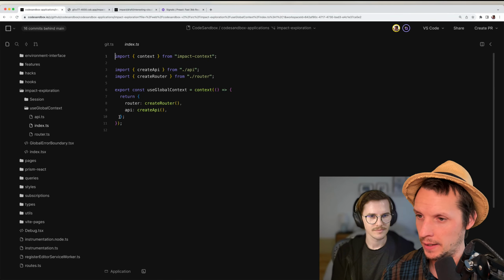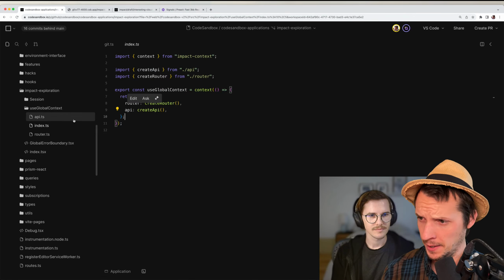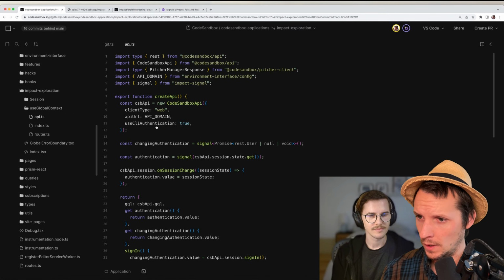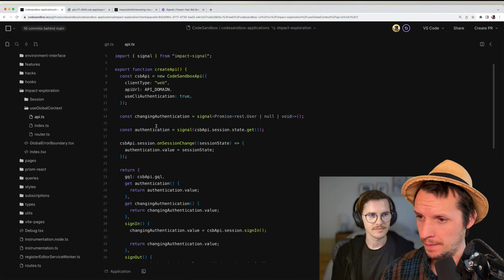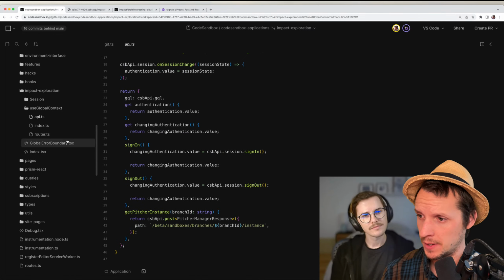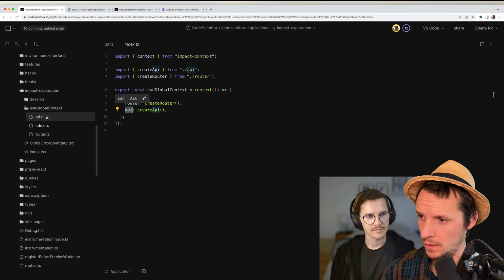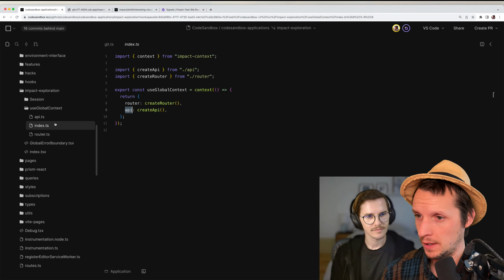So here I made it a folder, and I'm returning createRouter and createAPI, and it basically has the same code. It's just namespaced basically, which is fine.